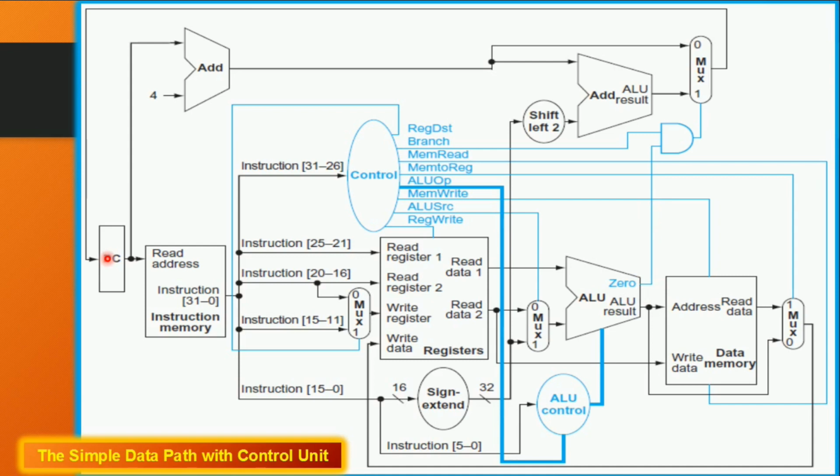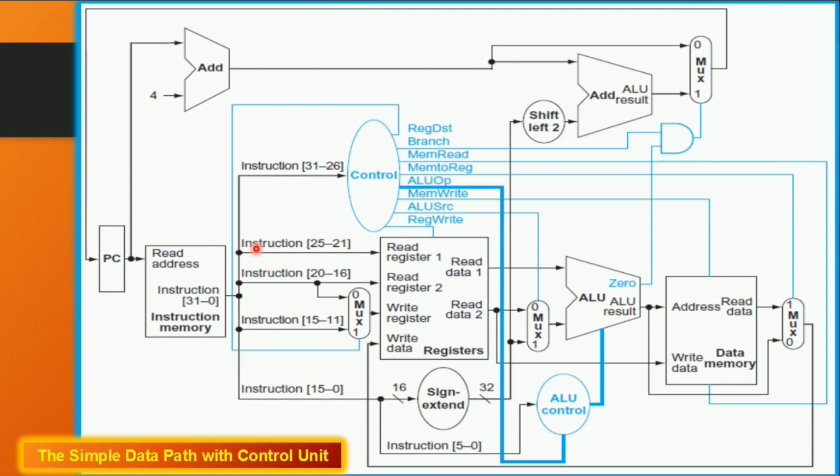So I will give an overview of this data path along with the control unit. Initially the program counter will be having the address of the instruction to be fetched. The processor will be fetching the instruction based on this particular address. Meanwhile the program counter will be updated with the next instruction to be fetched, that is PC plus 4, through this particular path. The instruction decoder will be decoding this 32-bit instruction. Based on the opcode, the control signals will be generated.